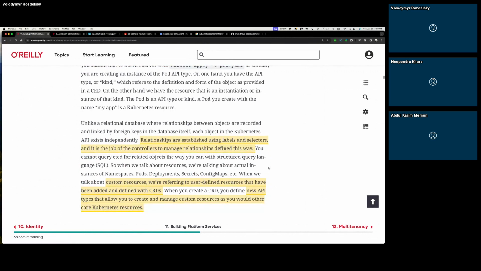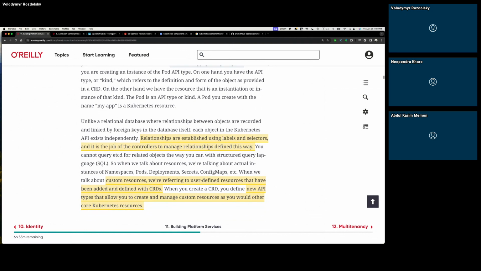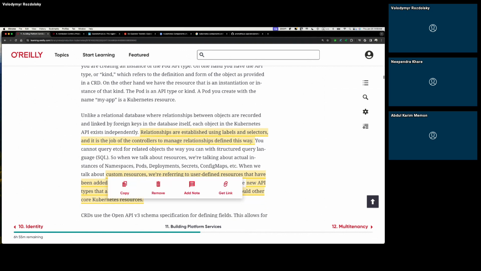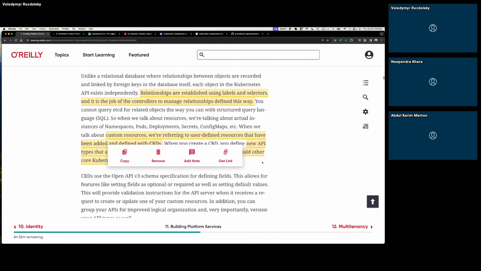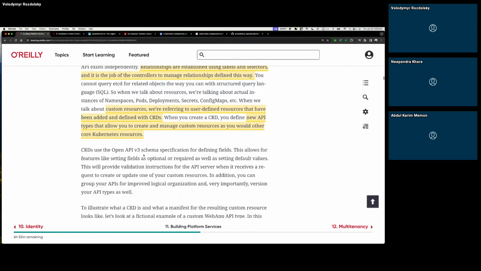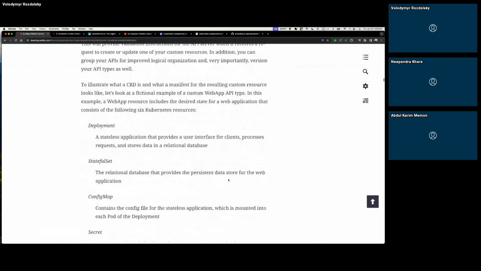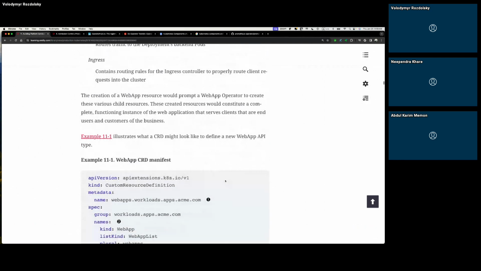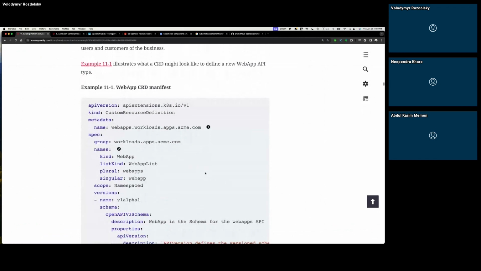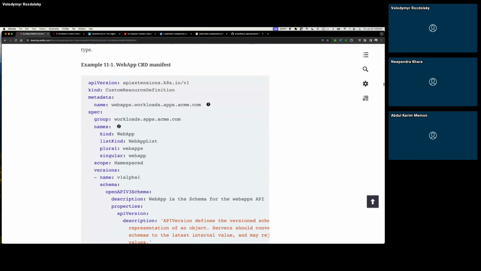So first, before installing any custom resources, we need to define this with a CRD, and it's an OpenAPI schema specification with different fields. I think they have an example over here. Maybe here it will be better. The definitions, for example, the way we're going to create this type, and over here we define all of that.